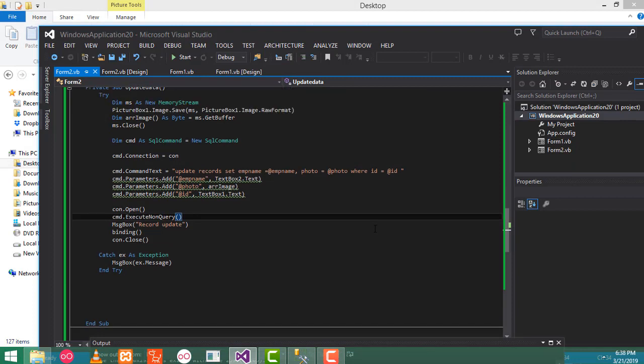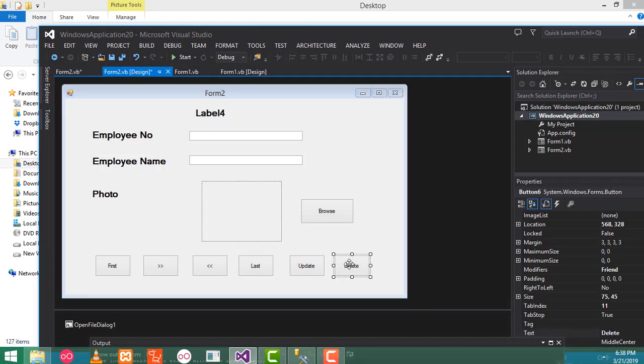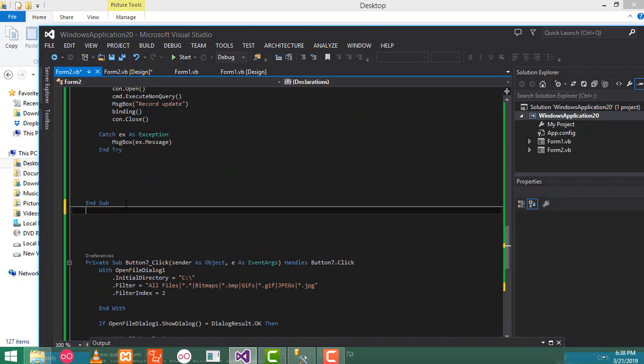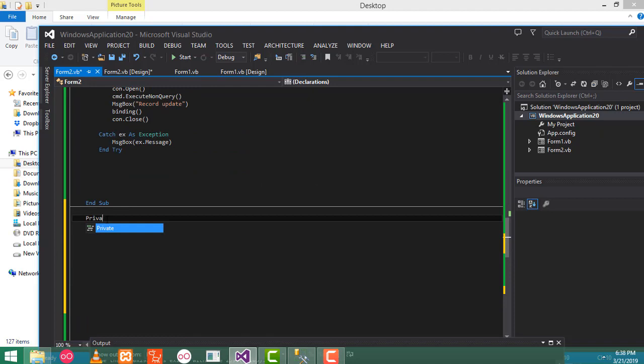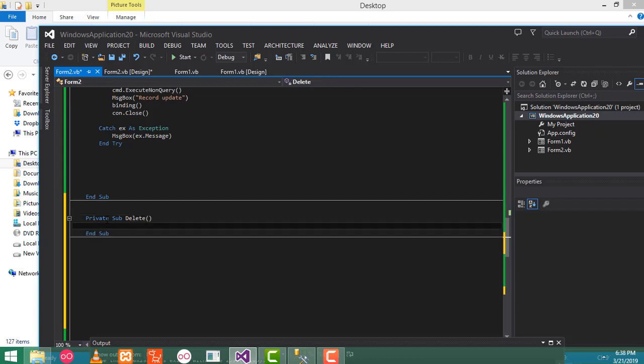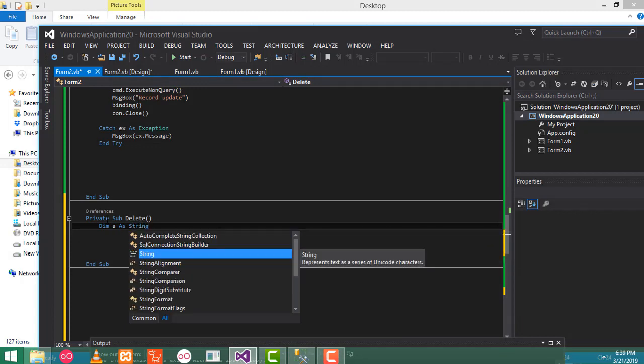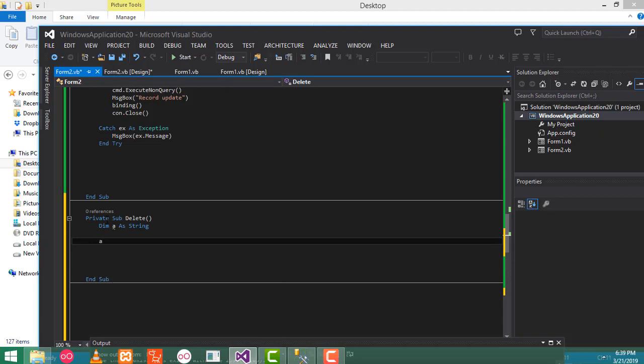Now I'm going to write the delete button code. I'm going to double click on the delete button, otherwise you have to create a separate function, private sub delete. Here we have to write first: dim a as string. Now here I'm going to write a equal